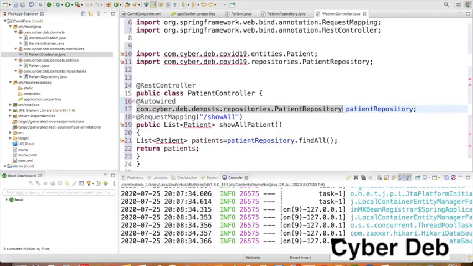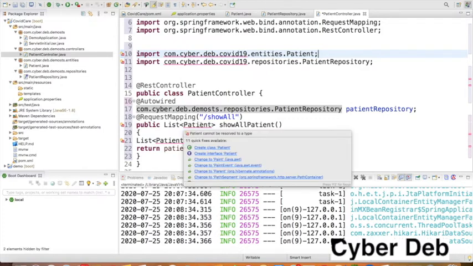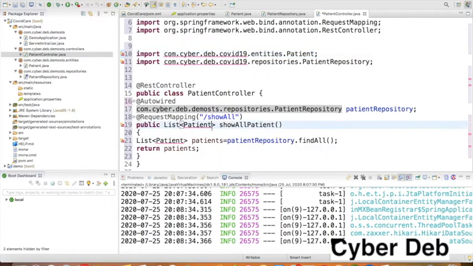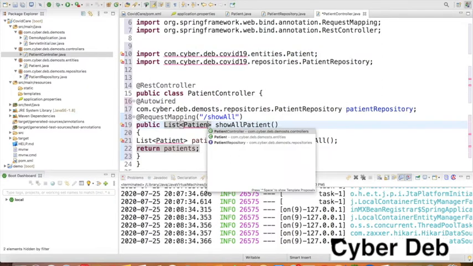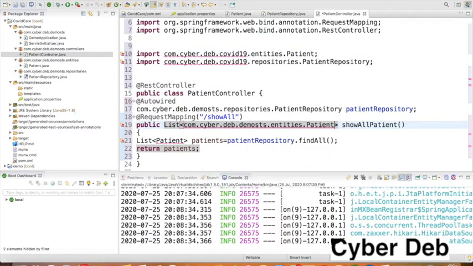Yeah, so I did some control. The patient class also I have to import. This entity is patient, com.dev demo sts.